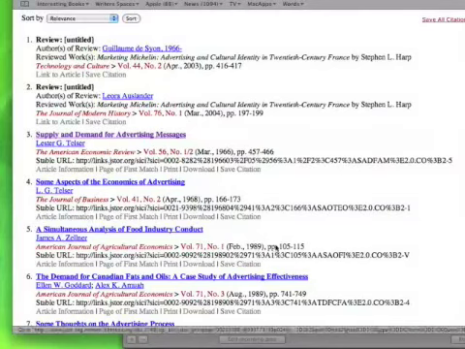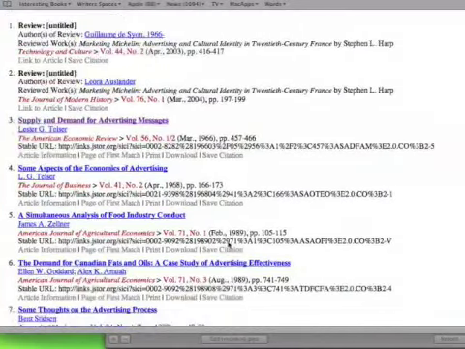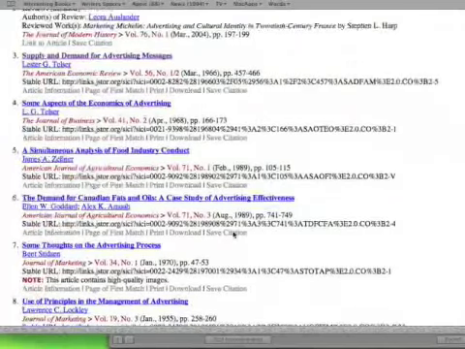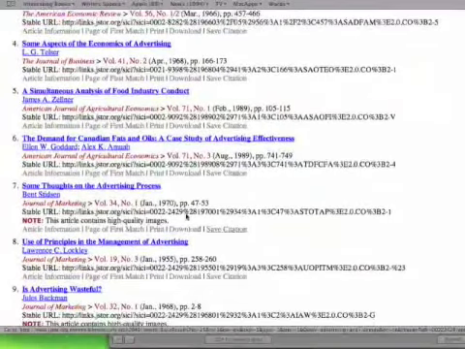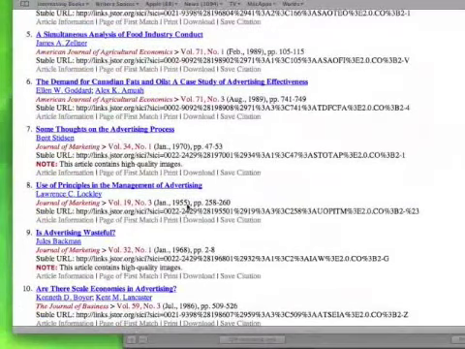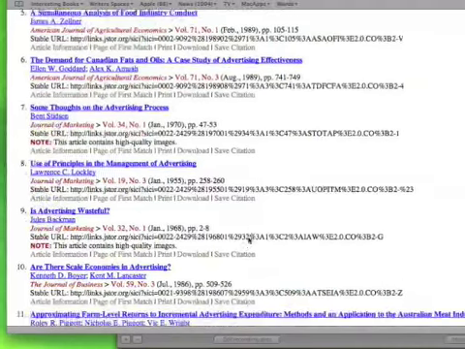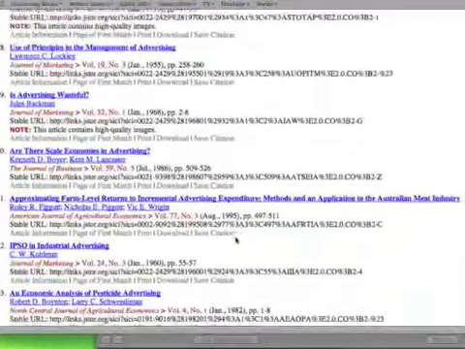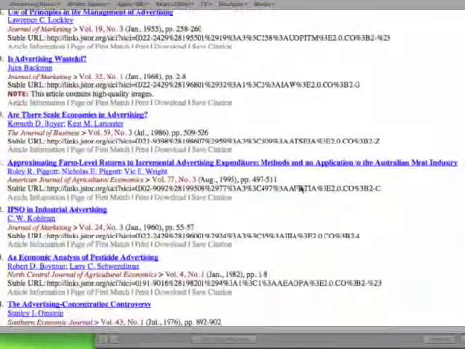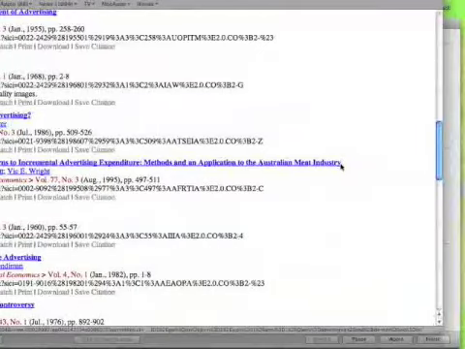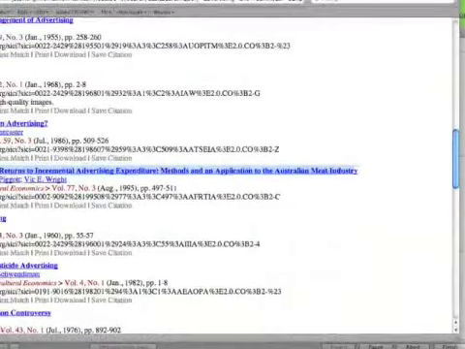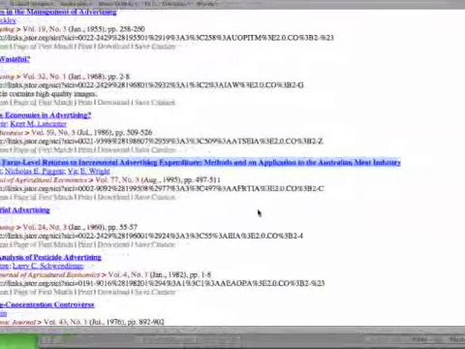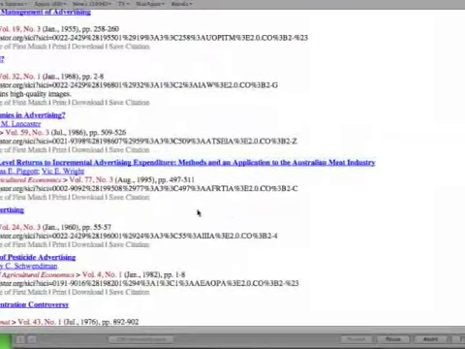It's 66 and 68. There's 89 coming up right here and here. 70, 55. I mean, stuff that's done in 1955 might not be as helpful for us because so much more scholarship has happened since then. And you can find some incredibly strange articles by doing this sort of stuff. Approximating farm level returns to incremental advertising expenditure, etc.